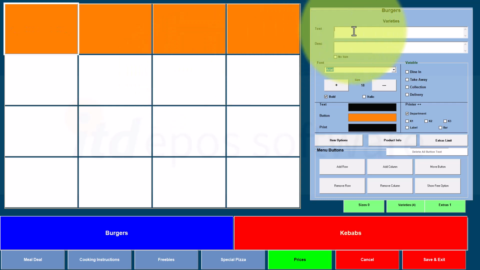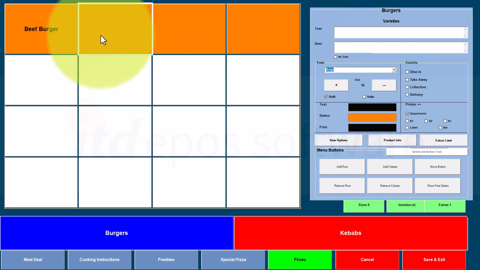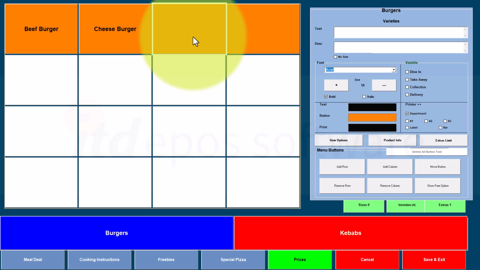So we're going to put the first variety, that's beef burger, and the next is cheeseburger, and we have the fresh chicken fillet burger, and